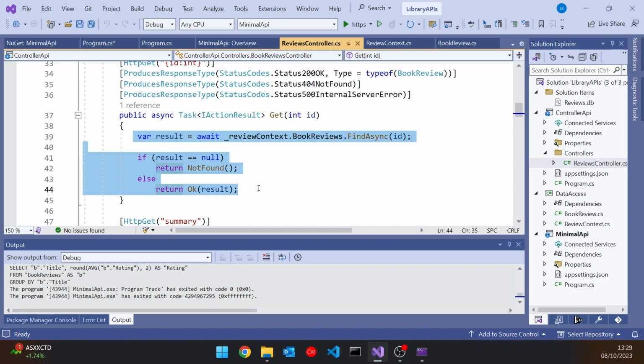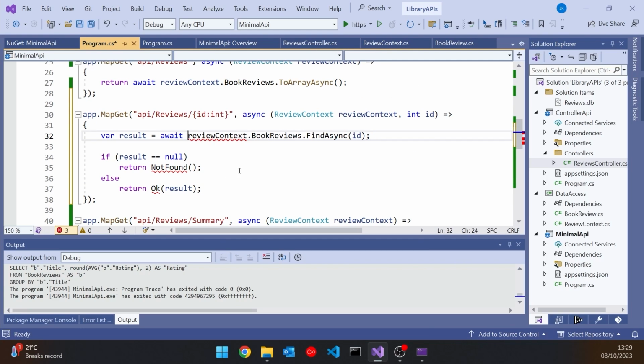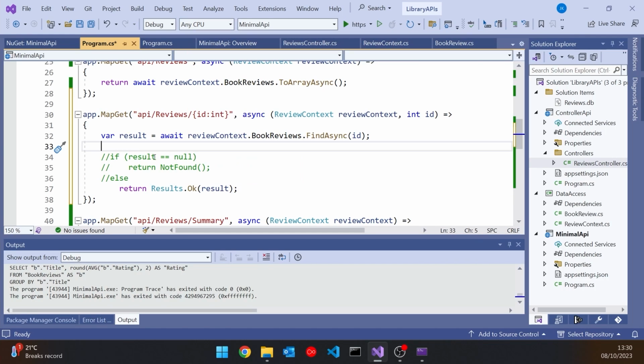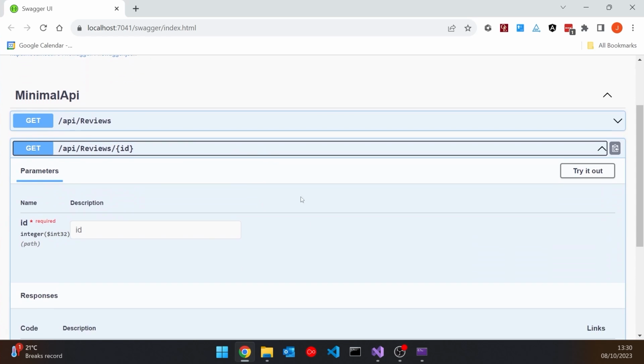So if we take that code and paste it in here. Now I've got a slight problem here: when you've got a controller, you've got these helper methods in the base class like NotFound and Ok to give you back the correct response codes. We haven't got those immediately available here. If I just comment that out for a second, what we can do is use a class called Results, and that will give us the same sort of thing. So there we've got the Results. And so now if we run that one up, there we've got the get by ID.